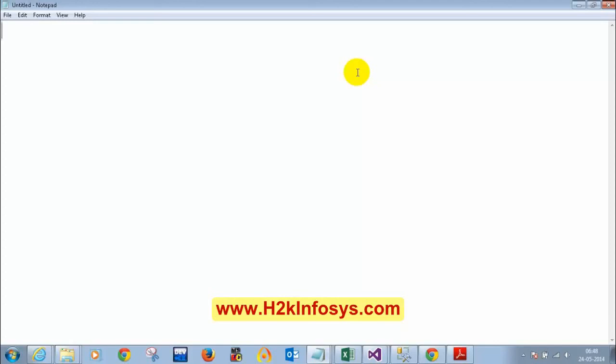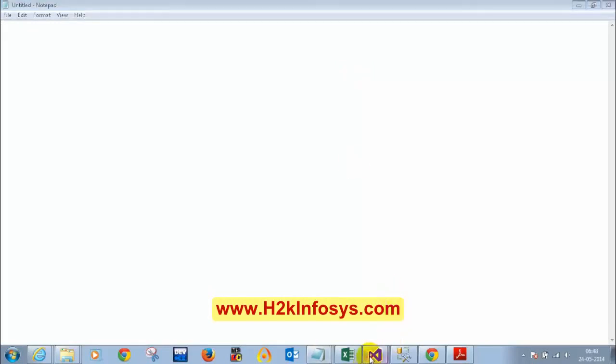Not for adding the elements, for retrieving the values. For example, I have a collection called marks, which has two elements, say 95 and 60. If I want to print the first element in the collection marks, can I put marks of 0? Yes, we can do that, marks of 0.